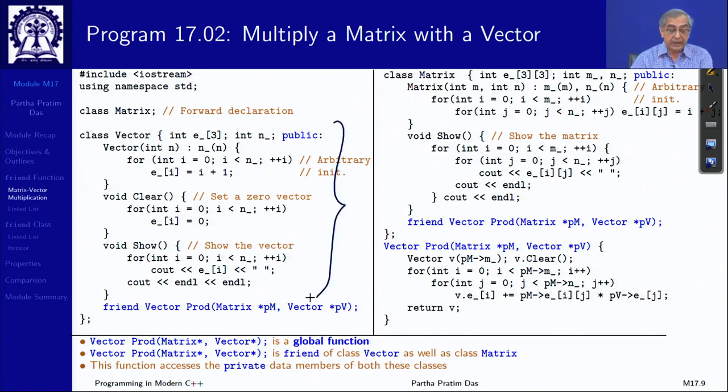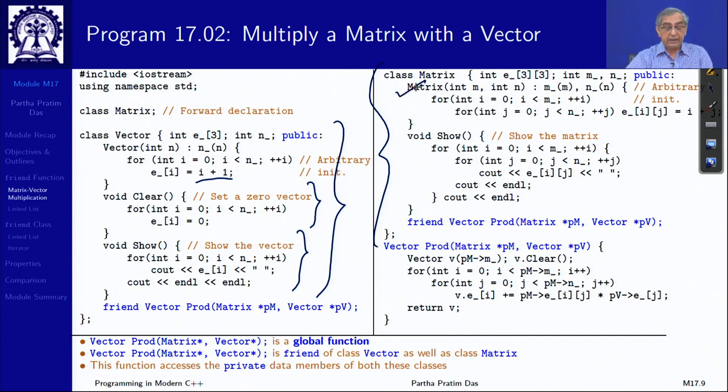Vector class, it has a constructor which does some arbitrary initialization. This initialization has no meaning, I just initialize with something. It has a way to clear a vector, set it all to 0, and it has a way to display the vector. These are the member functions of vector, which tell you the status of the vector. And I have a matrix class